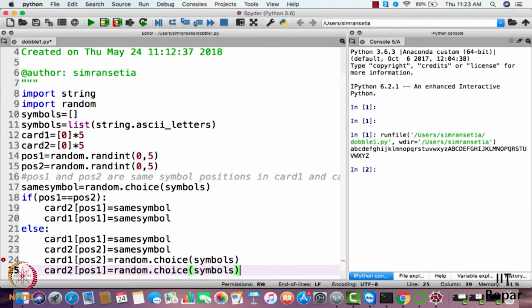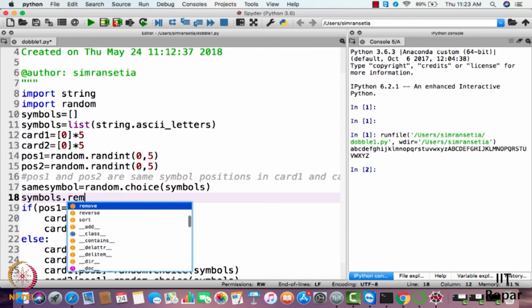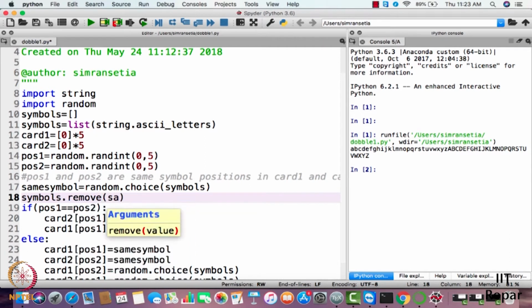Aren't we doing something wrong here? Because if we are choosing from the same list, even card 1 and card 2 may have the same symbol. So we should remove this same symbol from the list symbols. So I'll just simply write symbols.remove(same symbol).